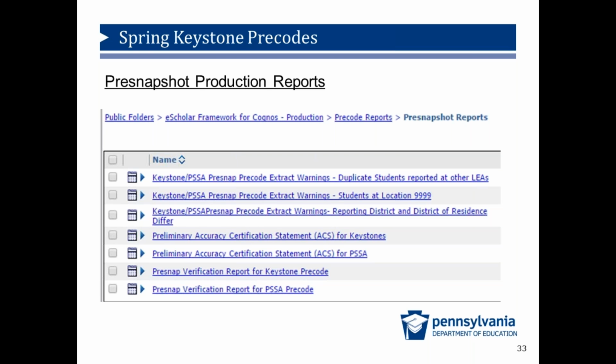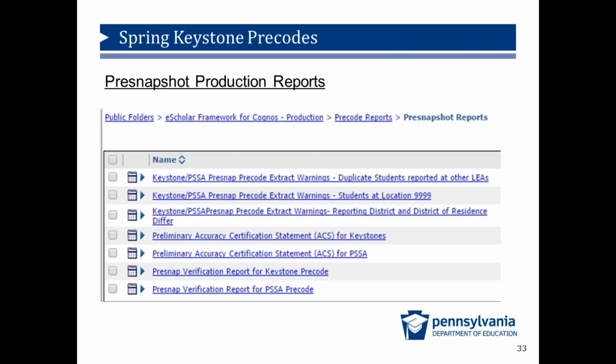However, in these reports, you will still have time to update the data as long as it is before PIMS shuts down to take the internal snapshot. These reports are available in the sandbox and can be used before the internal snapshot is taken. There are extract warnings along with preliminary ACS that will show you what data will appear as a result of your upload. If you find errors using these reports and it is before the due date and time of the internal snapshot, you can go back and correct those errors.